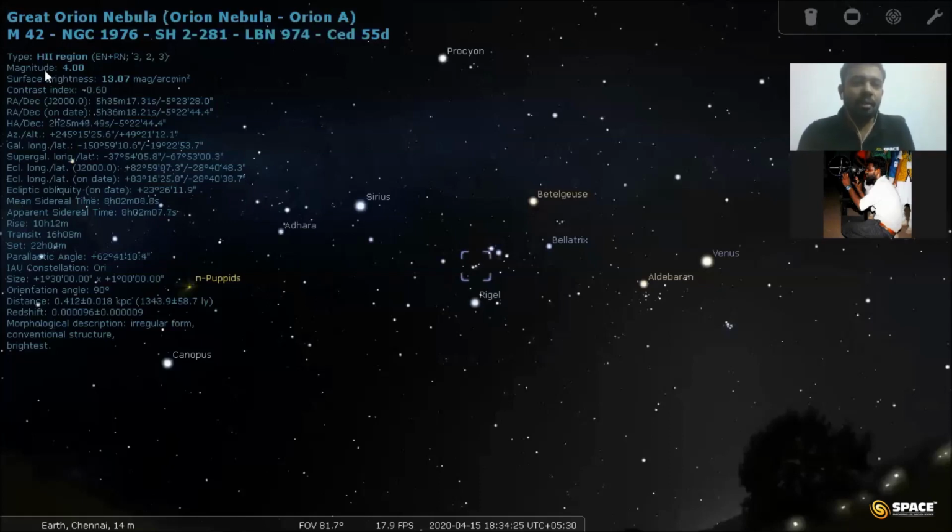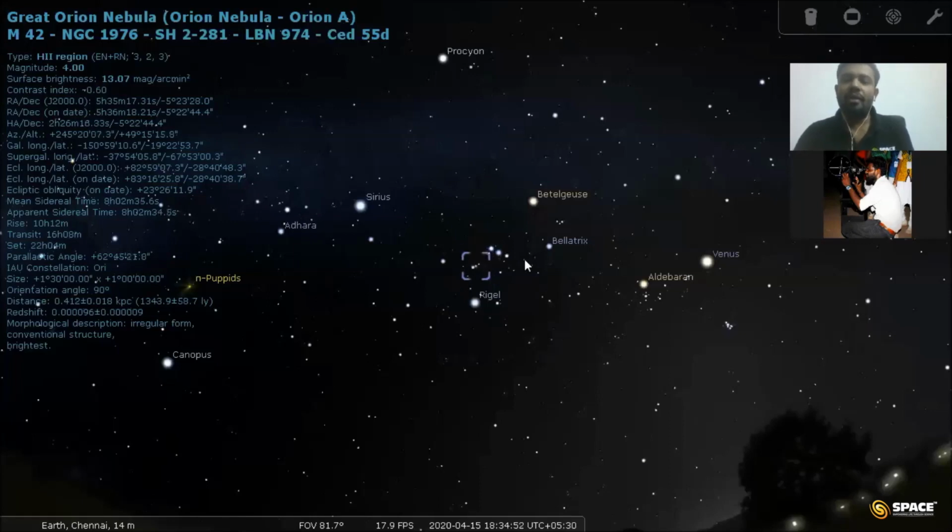And the visibility magnitude is also shown here. It means whether you can see this through the naked eye or not. And its RA and Dec position, rise time, set time, the transit time. Transit means when this object is passing across the meridian. It is just transiting the meridian, so that is called transit. So all the information has been given about this object.